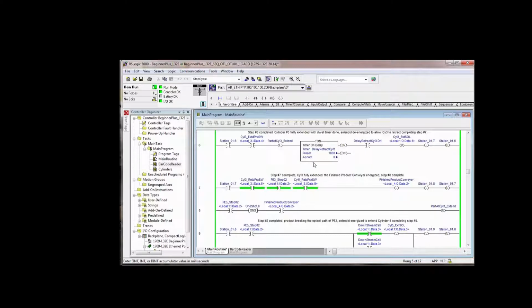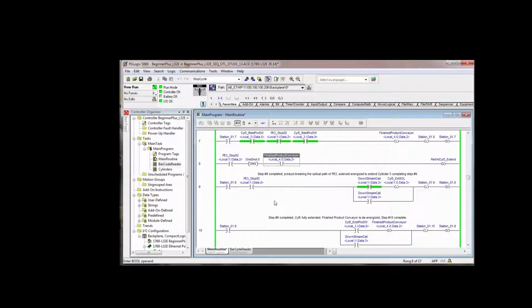Now this bit right here, part at cylinder 3 extend, is a virtual sensor. Continuing on down, we didn't unlatch anything here but that virtual sensor. So this was kind of in between step 8 and step 9, and really it can happen at any time. It's thrown in here because it could happen at this point in the sequence, but it really doesn't matter. This rung could be down at the end of the program, it's still going to function correctly. So step 8 is done,